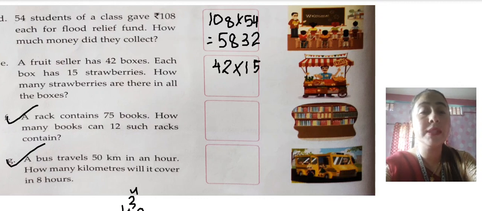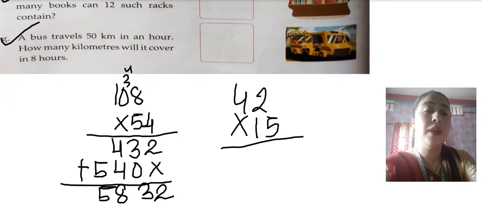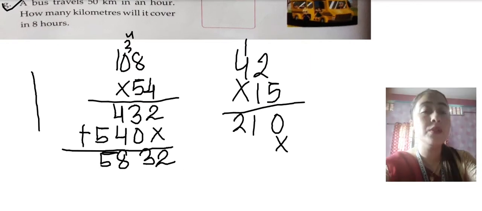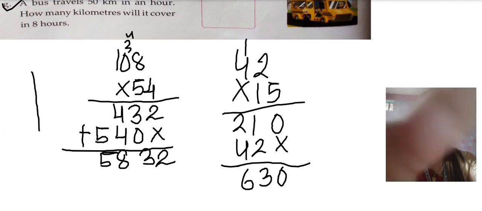So we will multiply 42 with 15. So let us do it in the rough work. Please take out your rough copy. For this 15, 5 2s are 10, 1 I will write here, 0 I will write here, 5 4s are 20 plus 1 21. Now we will multiply thoroughly with 1. 1 2s are 2, 1 4s are 4. So the answer is 0 plus 0 0, 2 plus 1 3, and 4 plus 2 is 6. So my answer is 630.